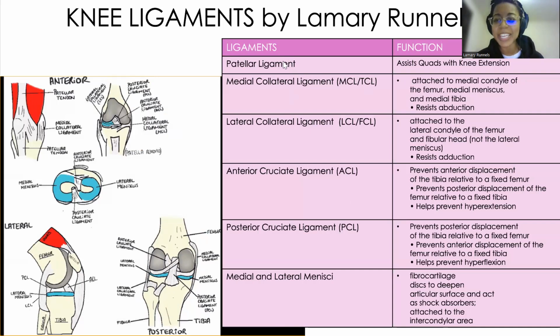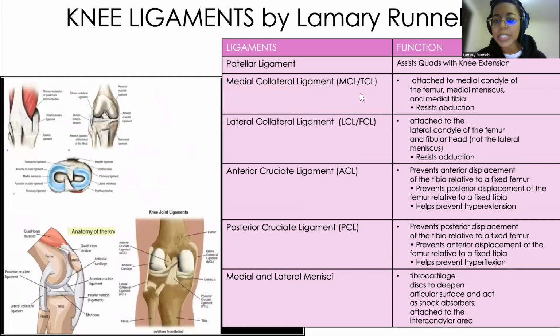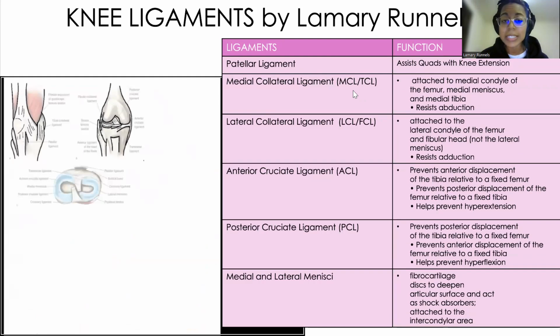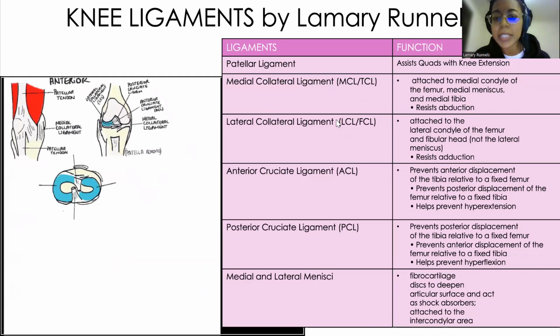So here I gave out the different ligaments and their functions. The patellar ligament assists the quads with knee extension. The medial collateral ligament, known as the MCL, but also called the TCL for tibial collateral ligament, is attached to the medial condyle of the femur, the medial meniscus, and the medial tibia. It resists abduction. And then you have the lateral collateral ligament, the LCL, also known as the FCL for fibular